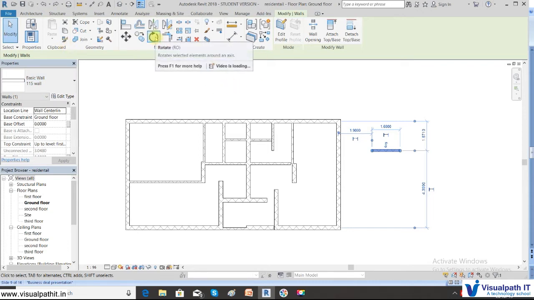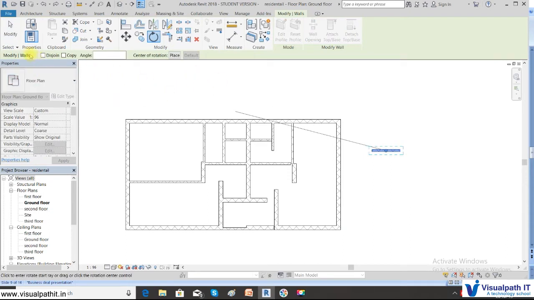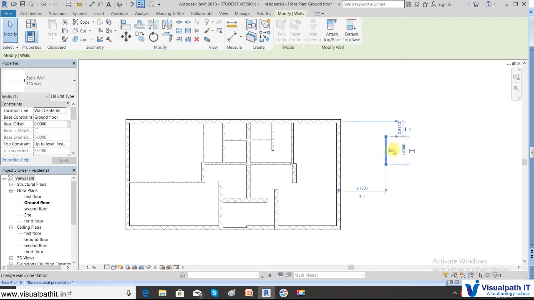So rotate, click that. Now as you see, the options bar has come here. So you can specify it numerically. If you want, type the angle 90. Okay, when you type the angle 90, you can click on the screen. This is done numerically or graphically. So what I am doing is graphically 90 degrees. So automatically it gets rotated.